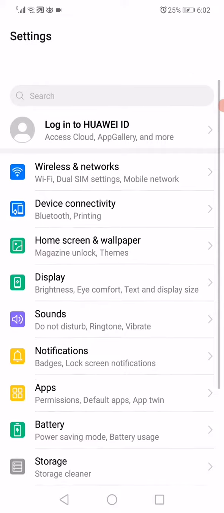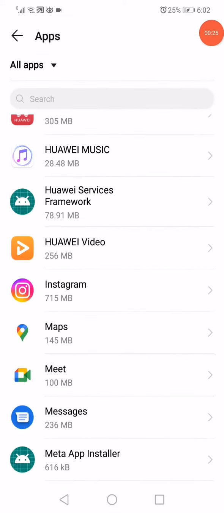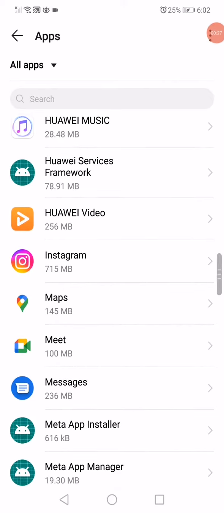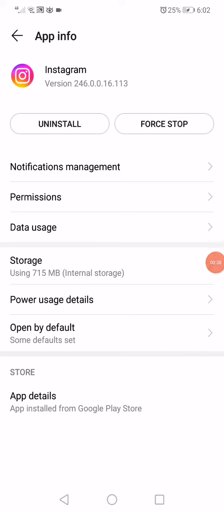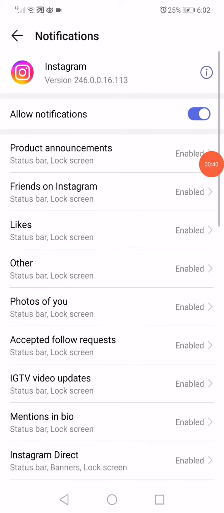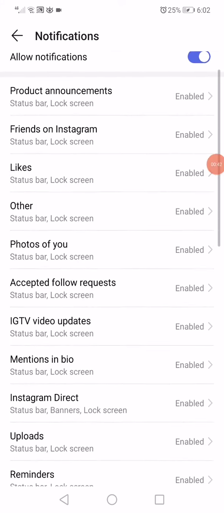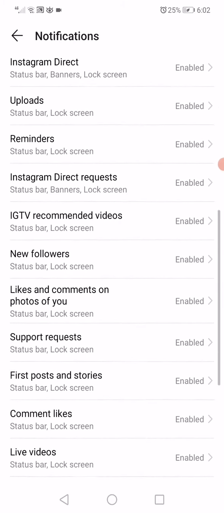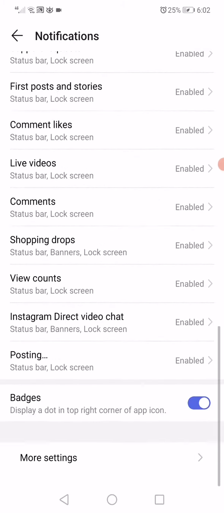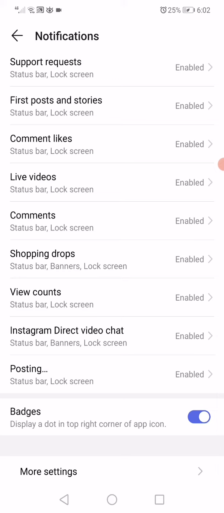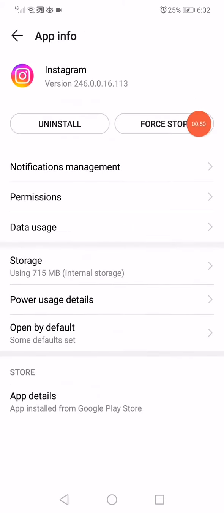Then go back, go to the apps manager on your phone, go to the apps. Right here on this page you will find all the apps that you have on your phone. So what you have to do is go to the Instagram app, click on it, and then go to the notifications management. Make sure that all notifications are enabled right here, and then go back again, click here on force